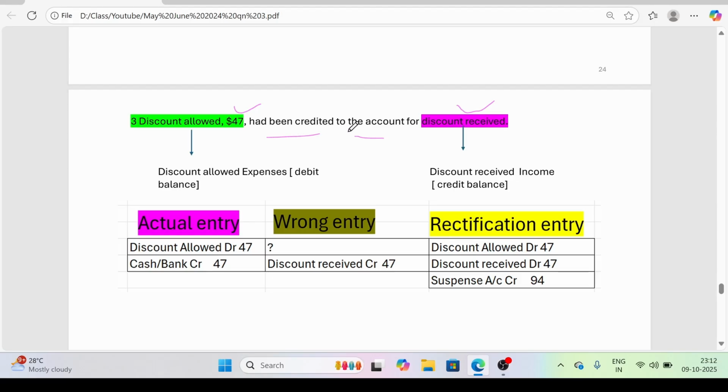What is the wrong entry? Had been credited to the account for discount received. See here. This is the wrong entry. Then debit entry we don't know. So that's why question mark. So discount received first we have to correct it. Yeah. Discount received we have to debit with the 47. Then the main entry is discount allowed. That is also debited. Give the same place. Discount allowed. Keep it same place. Discount received they made error. We corrected. Now